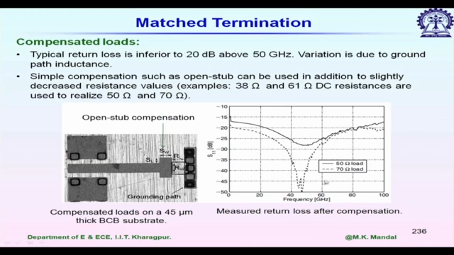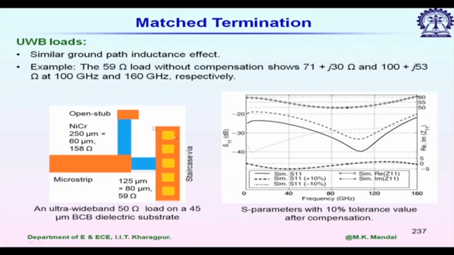So, this is a narrow band design. Now, wide band design is also possible. There are several techniques to make it wide band. I will show you one example. So, in this particular example, they used another shunt arm. How did they realize it? One single 50 ohm they are realizing by using two shunt resistors, nickel chromium thin